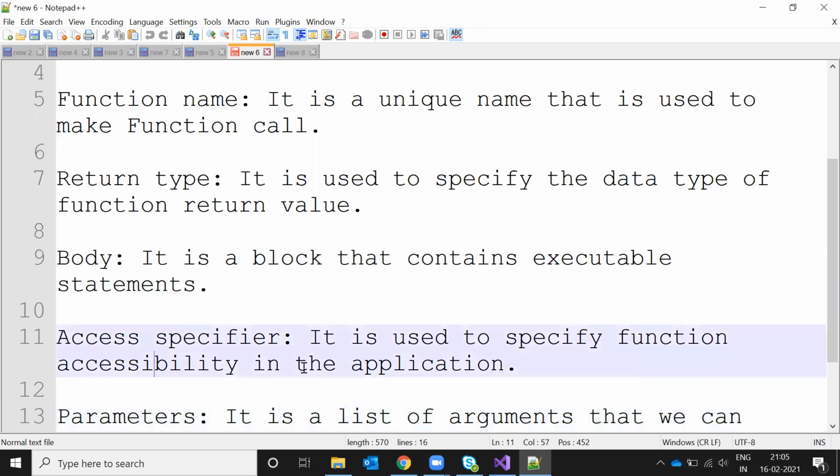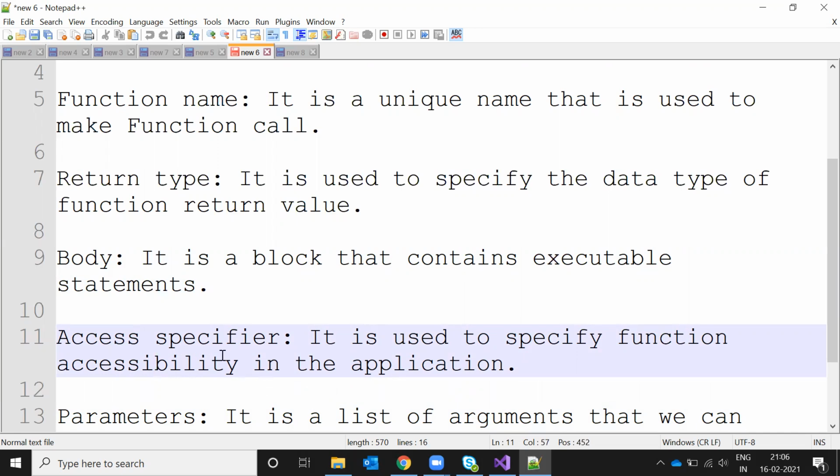And the access modifier is used to specify the function's accessibility in the application. If you are using access specifiers like public, private, protected, internal, these are the access modifiers, chosen based upon your requirement. Like if you want only a particular class to access it, you can use private.